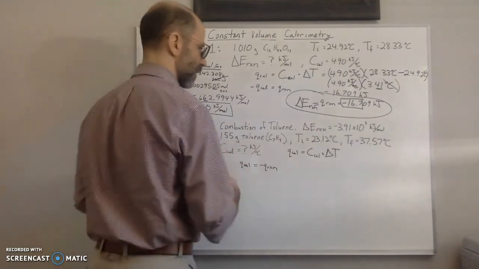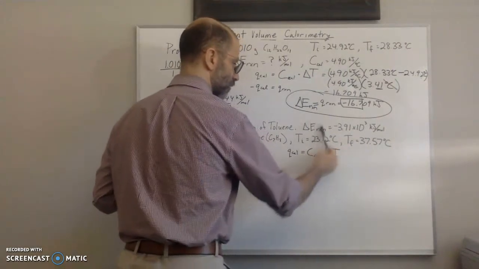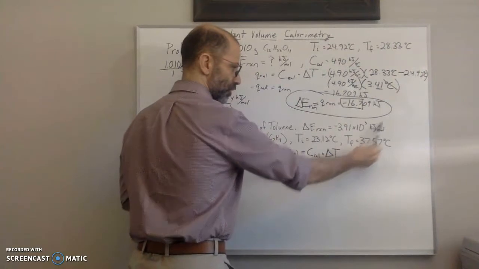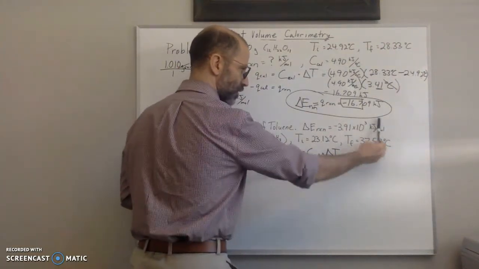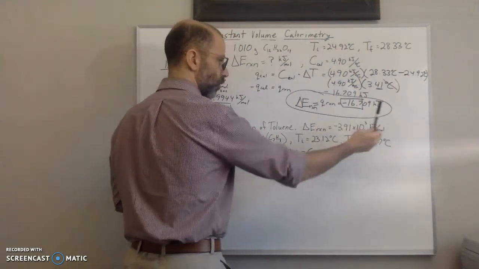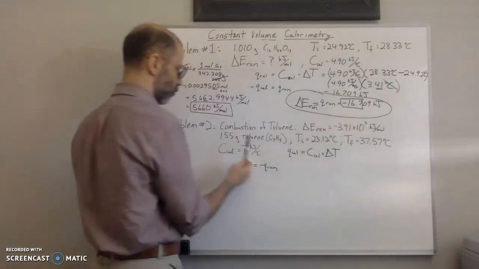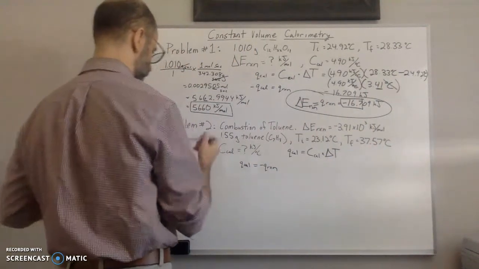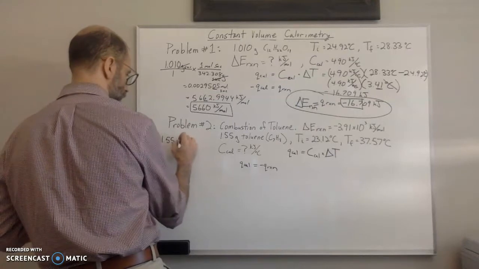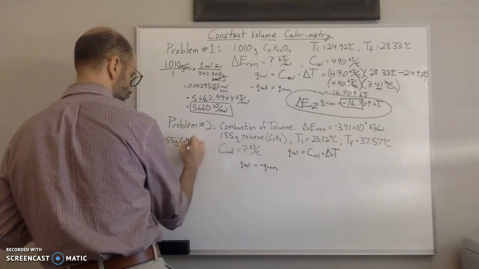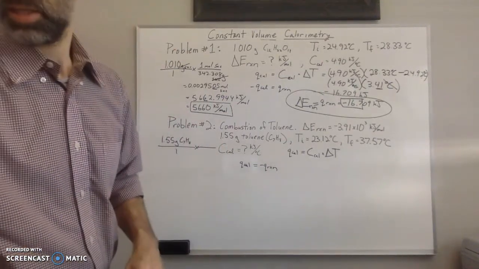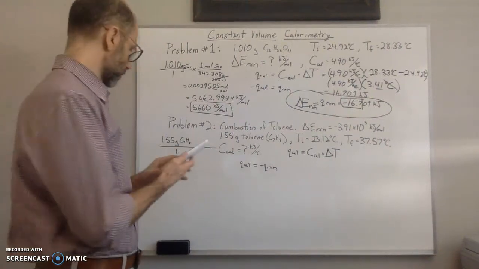So they gave us the delta E of the reaction in kilojoules per mole. And again, you notice that the energy unit is divided by moles. So to get the energy unit by itself from the delta E of the reaction, we're going to need to multiply by moles. So we need to convert 1.55 grams to moles. So if we do 1.55 grams of the toluene, which is C7H8, over 1,